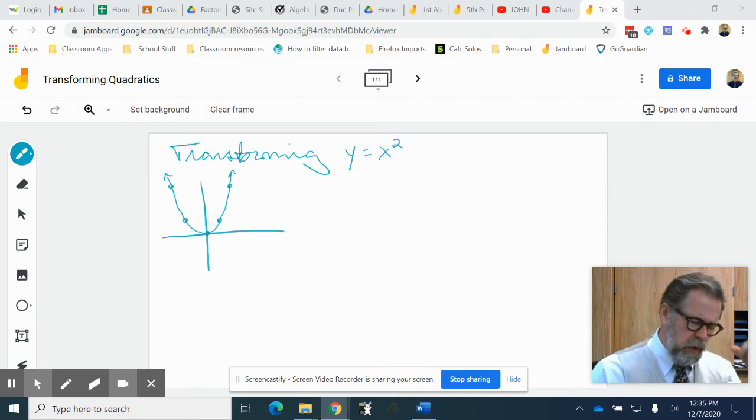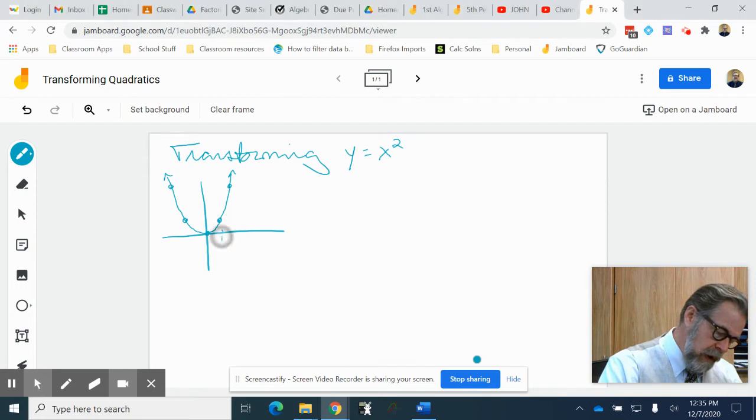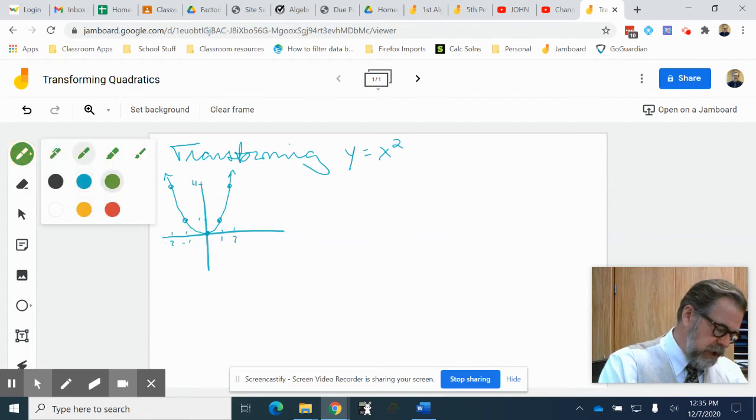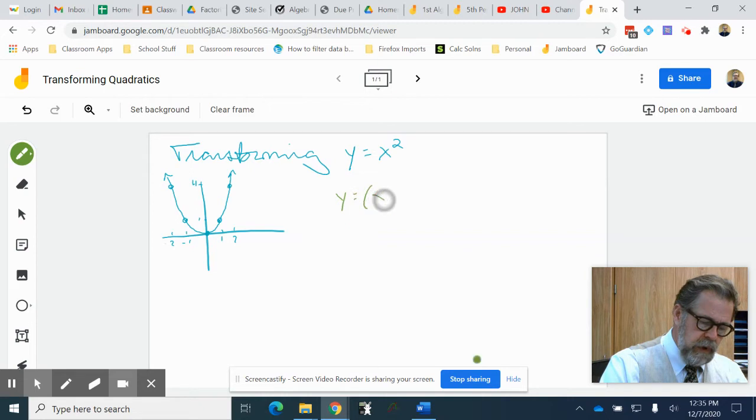And I've drawn a quick graph of y equals x squared. We can just do a couple quick labels there. And of course, hopefully we all know that 0 squared is 0, 1 squared is 1, 2 squared is 4, and so on. So what if I want to look at a new equation, which is y equals x minus